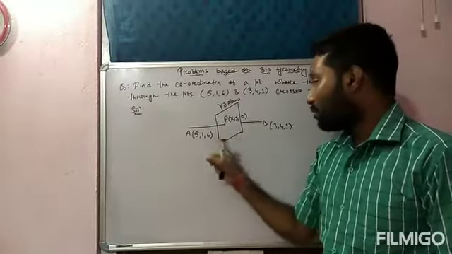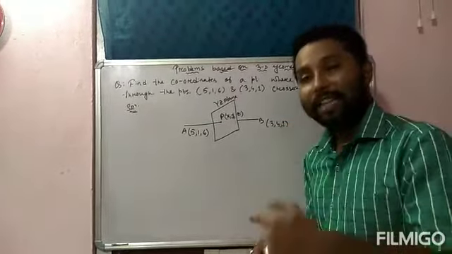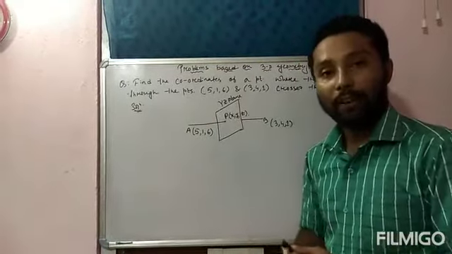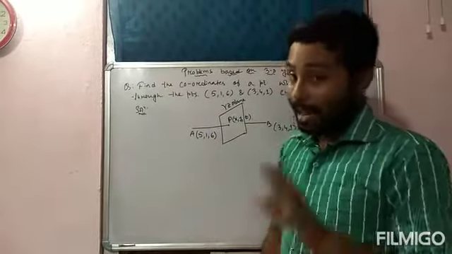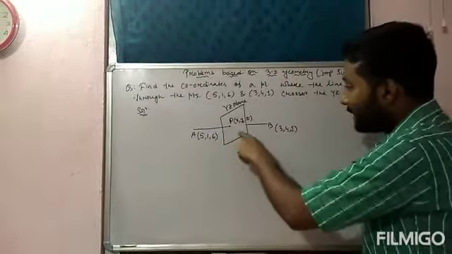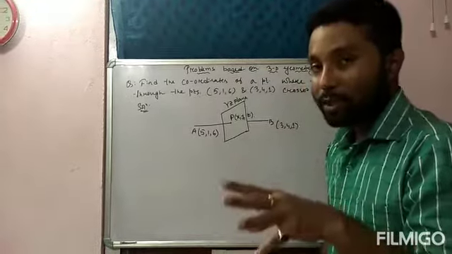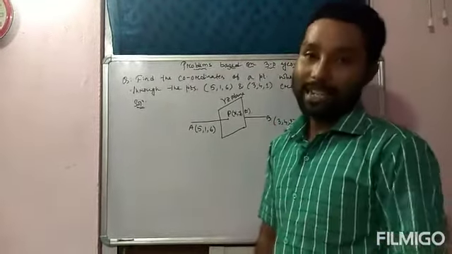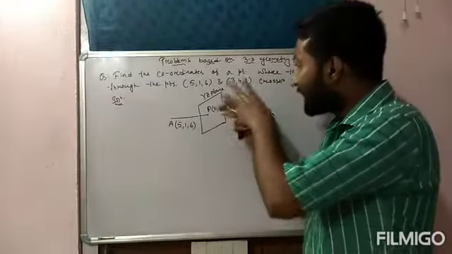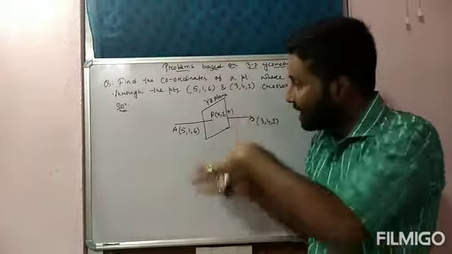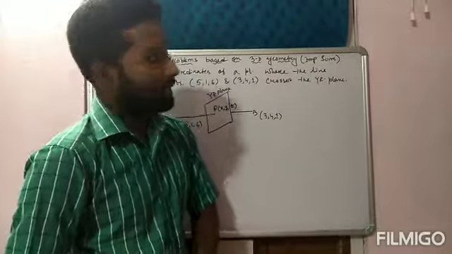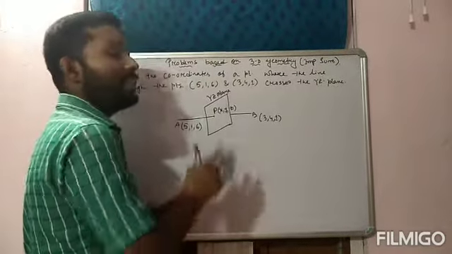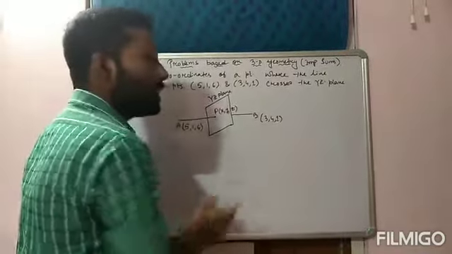A line which is passing through the 2 points. सिर्फ एक लाइन जो है 2 पॉइंट से पास हो रहा है वो दिया हुआ है क्वेश्चन में. But we don't know the equation of the line AB. Yes, and the second thing is the line crosses YZ plane. For this we should know the equation of YZ plane. ठीक है, तो क्वेश्चन में क्या क्या दिया हुआ है उसके ऊपर बेस करके इसको प्रोसीड करना है. ठीक है, here the line is passing through only 2 points but we don't know the equation of the line. So first of all, find the equation of the line which is passing through the 2 points.